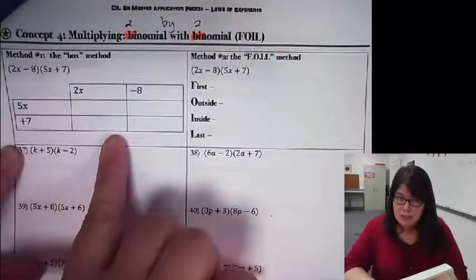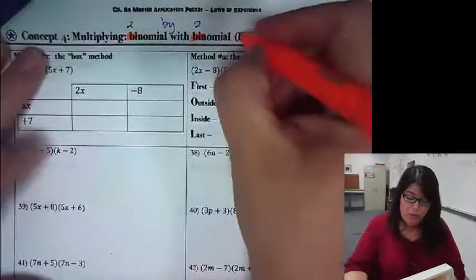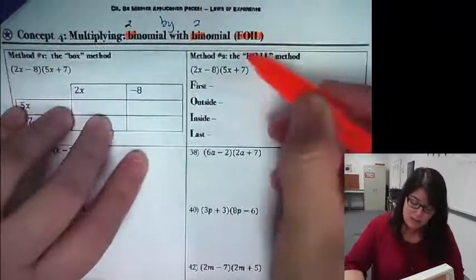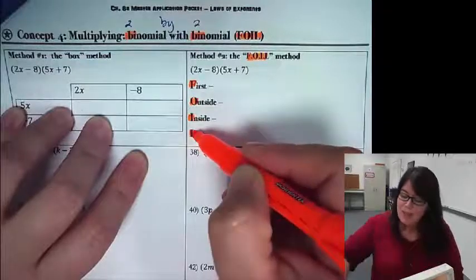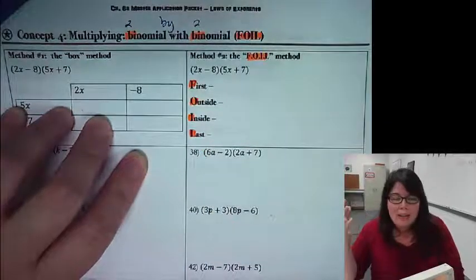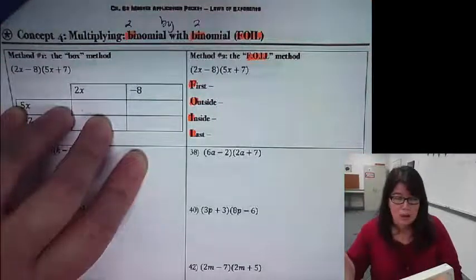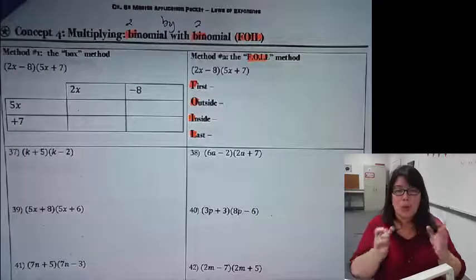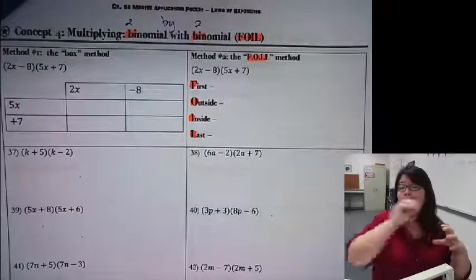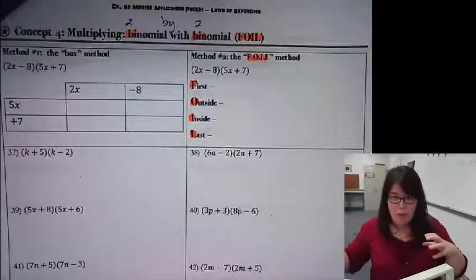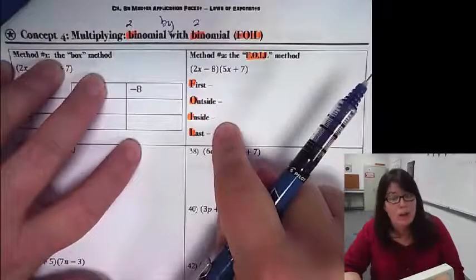But before we dive into the box method, I want to show you the FOIL method. You may have heard it called FOIL before. It basically stands for first, outside, inside, last. This little mnemonic device, or little phrase, is just to help you remember how to distribute each part. What you want to remember is that we're always distributing everything from one polynomial and multiplying by everything in the other polynomial. So when it's a 2 by 2, or a binomial times a binomial, the FOIL method